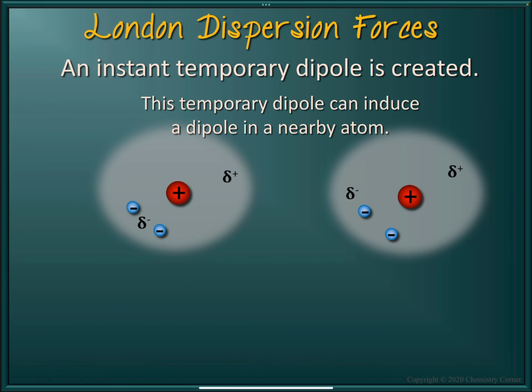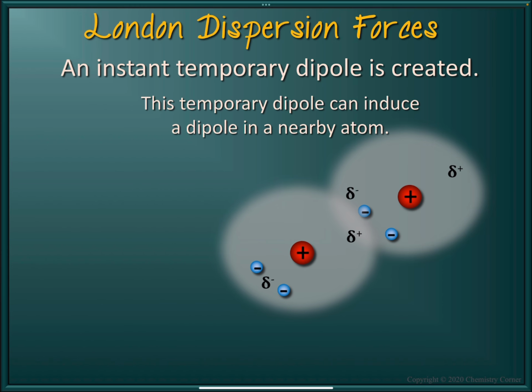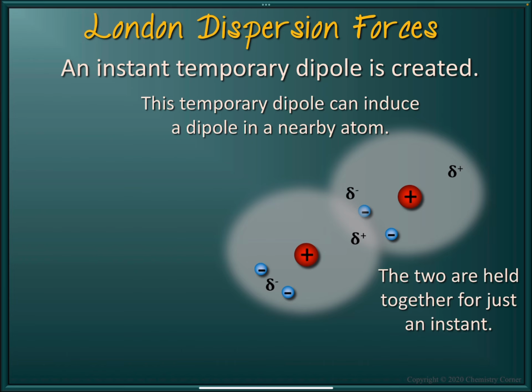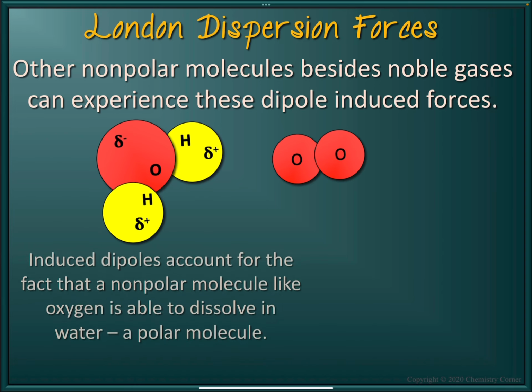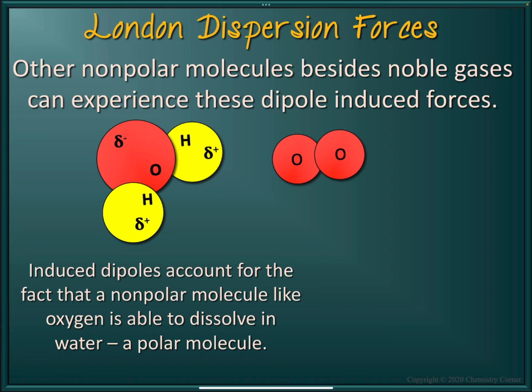So if that moment happens, then the neighboring molecule also gets that dipole for that fleeting moment. So it's sort of like this little mini chain reaction. Okay, so it's a very weak force. And so the two molecules, when they have this instantaneous dipole, are held together for that moment in time. It's like a little tiny snapshot. But then they go back to not being held together anymore. Okay, so London dispersion forces are very weak forces, and it's referred to as an induced dipole because it's talking about nonpolar molecules. Okay,